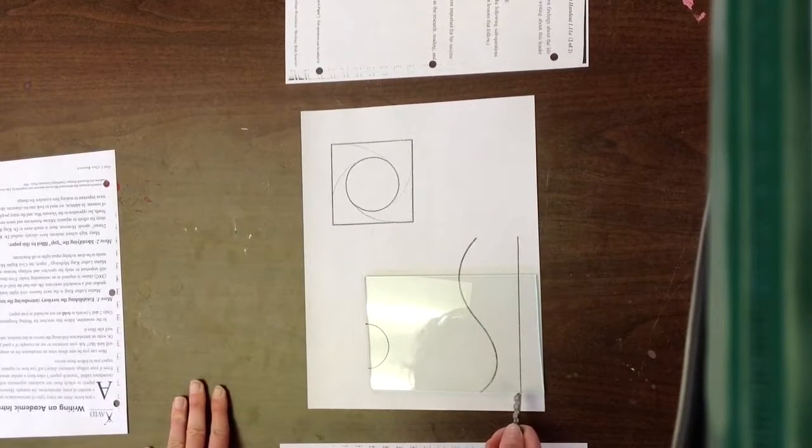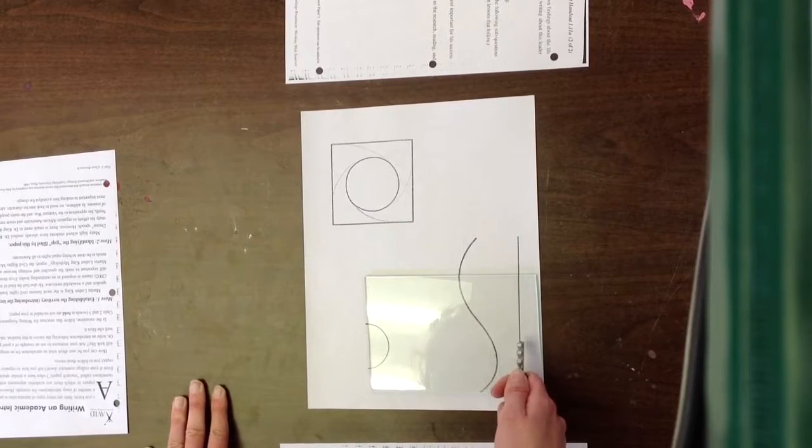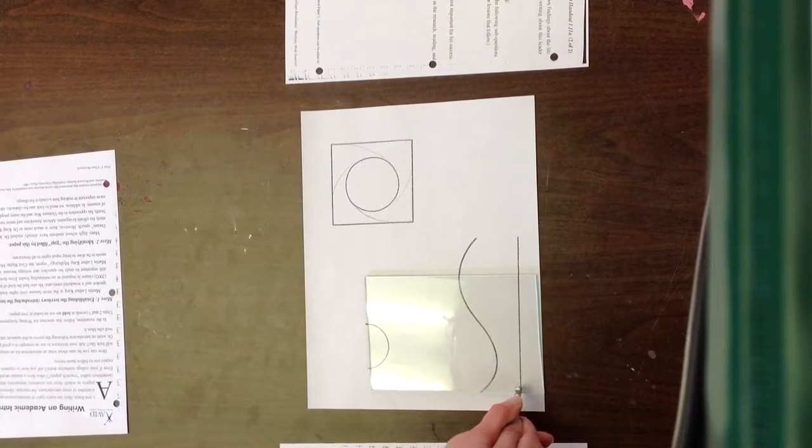So you want to score this whole line from end all the way to the other end. I don't want to go halfway, because then I'm going to confuse my glass and it's going to be like, where should I break? You want to go all the way. So let's start one. I'm going to ease into this and just